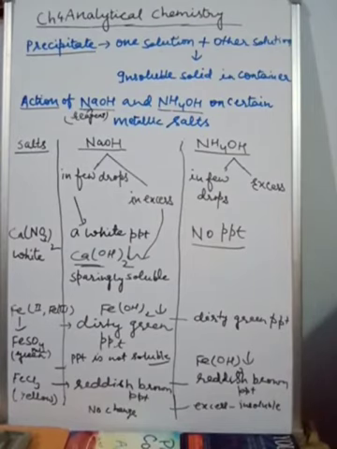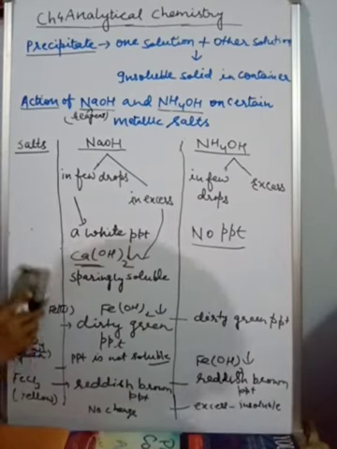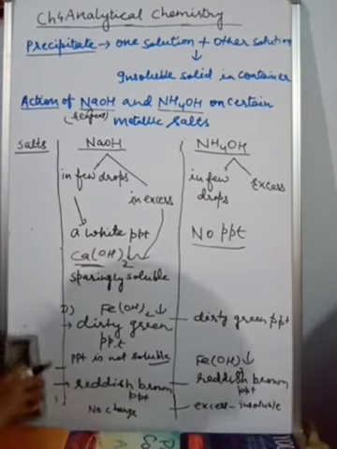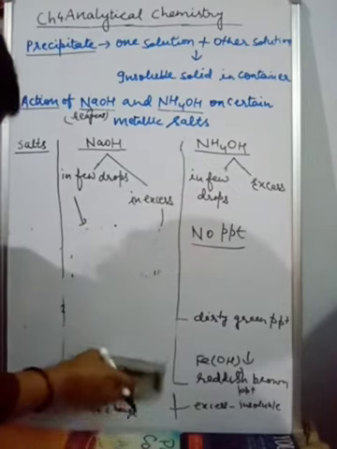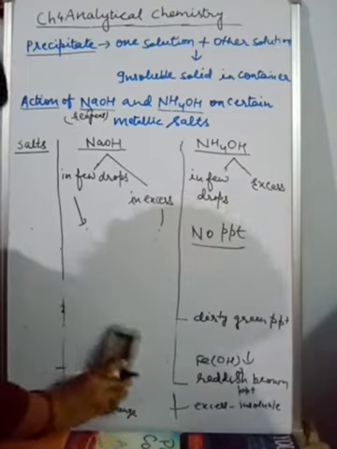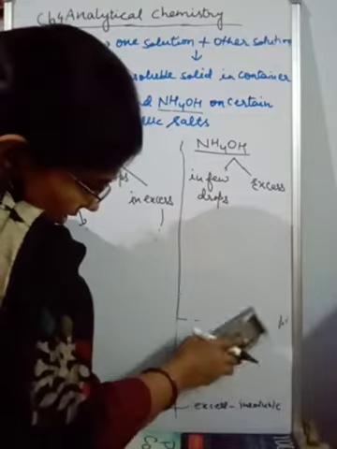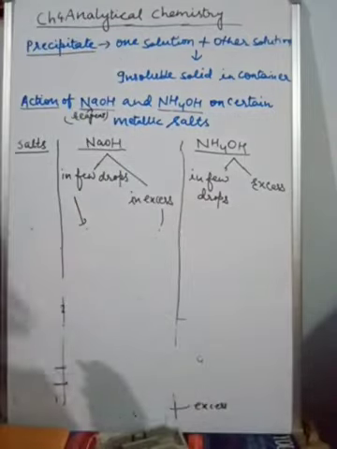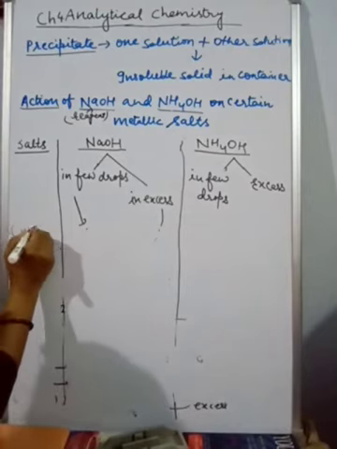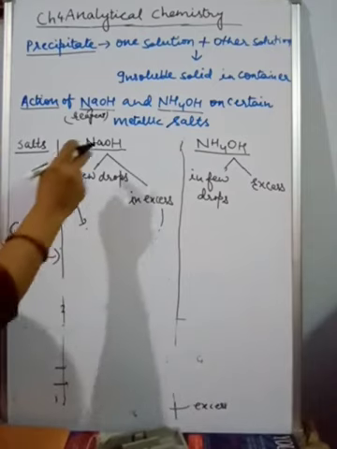Now next is copper salt. Copper salt normal color is blue, a crystalline blue salt. In case of copper salt, again we will do the same observation, in few drops and in excess. So first you take copper sulfate. We normally take soluble salts because we have to observe a precipitation reaction. Okay children, so what kind of salt are we taking? Soluble salt. So we take copper sulfate. Copper sulfate color is blue.